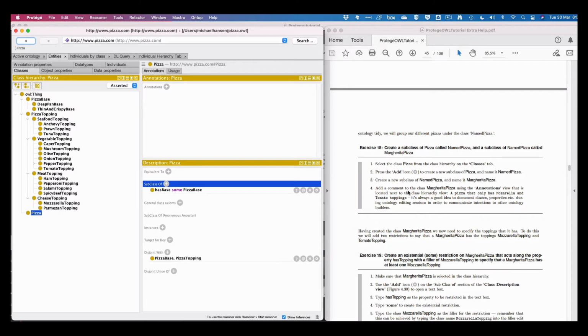So 18, create a subclass of pizza called named pizza, and a subclass of named pizza called margarita. So select pizza. So we have selected pizza, and from the class hierarchy on the class tab, yeah. So we select the subclass of,